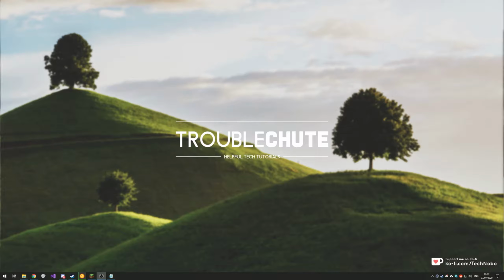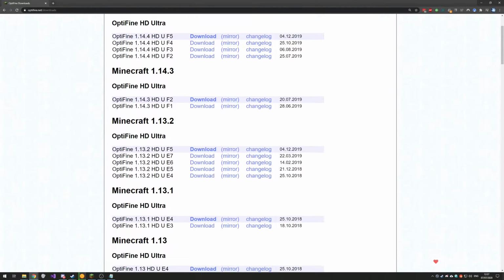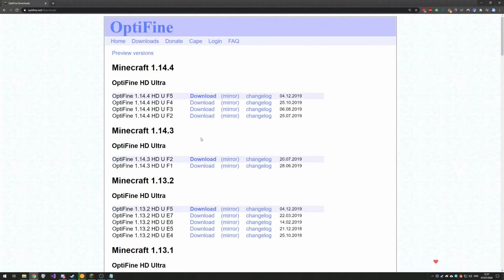you can get Optifine for the latest version of Minecraft 1.16.1. If you head across to the Optifine download page, you'll notice that the Optifine 1.16.1 or 1.16 point anything download link is missing. In today's video I'm going to show you how you can download it and install it from